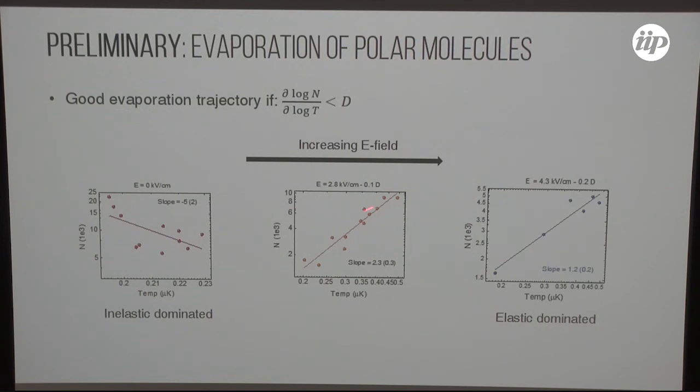Instead, when we try to increase the bias electric field, we can see that the slope changes from negative to 2. So still, we are not increasing phase space density, but when we go to the induced dipole moment of around 0.2 Debye, we can see that the slope of this system becomes smaller than 2. And so we are actually increasing phase space density. Ideally, the goal is to have, in the further future, a gas with T over T_F below 0.1, with a unity filling that we hope is going to be close to 1, and that in particular is going to be tunable.